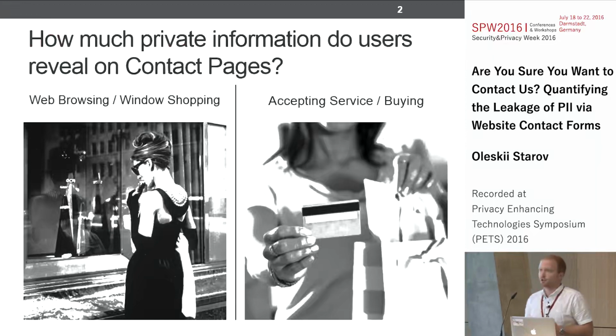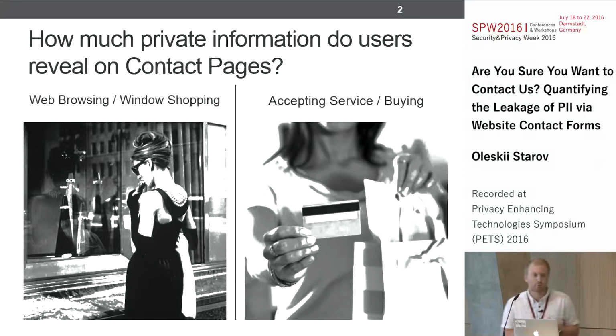Nowadays, the majority of commercial websites provide users with the ability to contact them via dedicated contact pages and contact forms. On such pages, users are typically asked to provide some kind of personally identifiable information, at least name and email address, while submitting a question. That makes contact pages special in terms of privacy, because we can put them in the middle between web pages that users just browse and web pages where users explicitly accept some terms and conditions while, for example, providing credit card information for payment or registering an account.